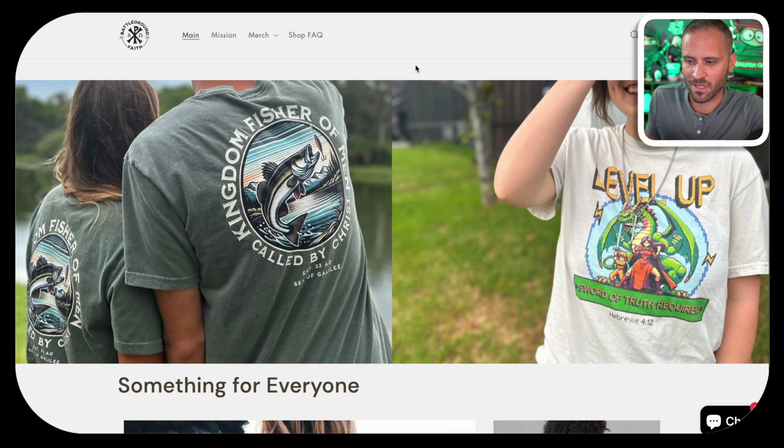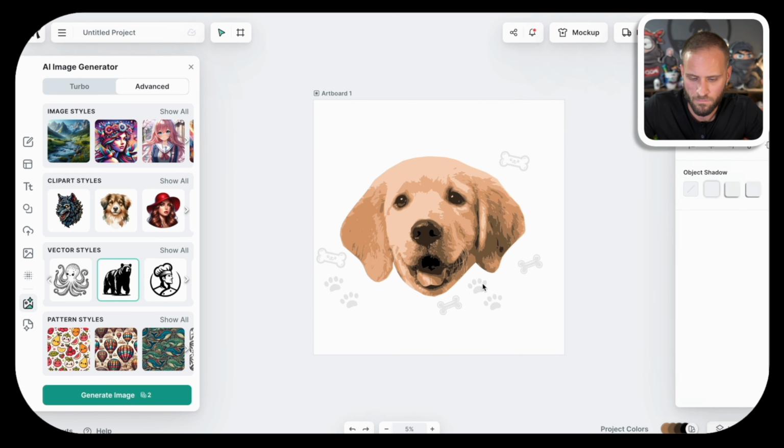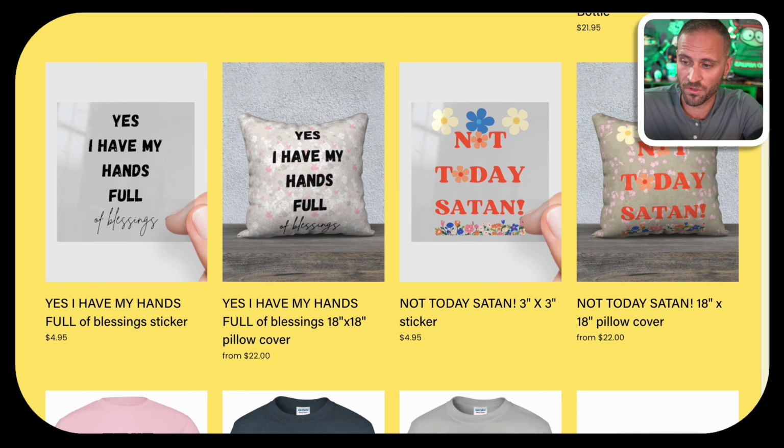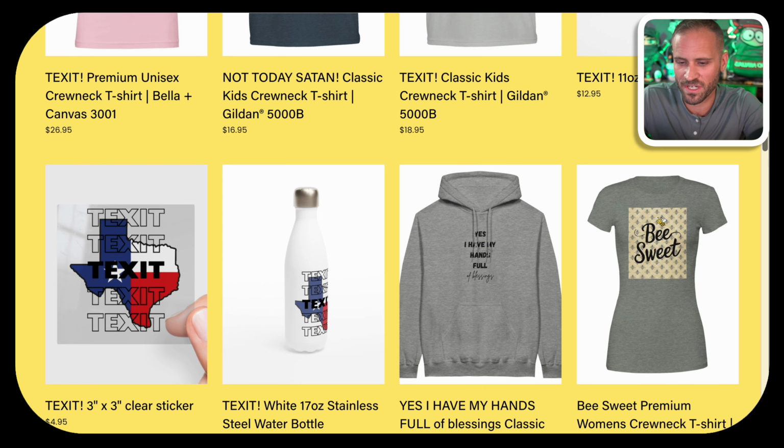Stuff like this here likely has a much higher chance of actually selling. There's a great aesthetic, there's a great graphic, and there is a text-based message to the design. In some of my other videos, I've gone in depth on creating designs, so definitely make sure to check those out, because ultimately, like I said, when it comes to creating designs, we want to avoid situations where we are